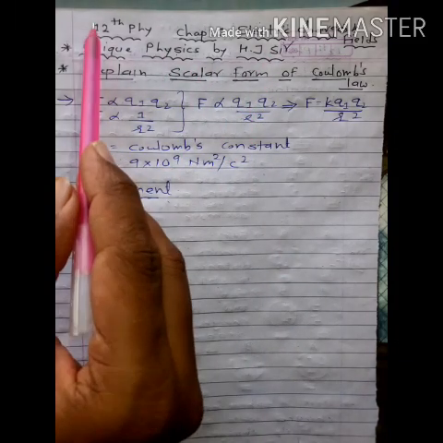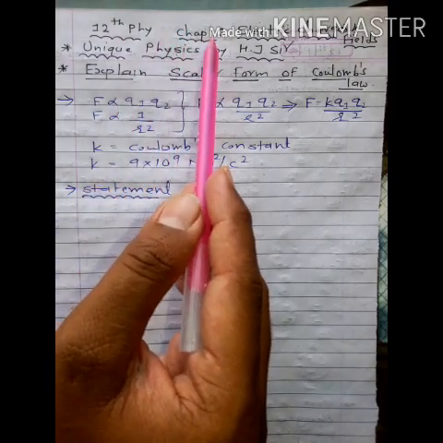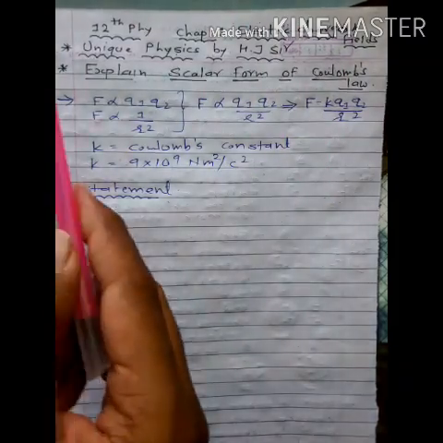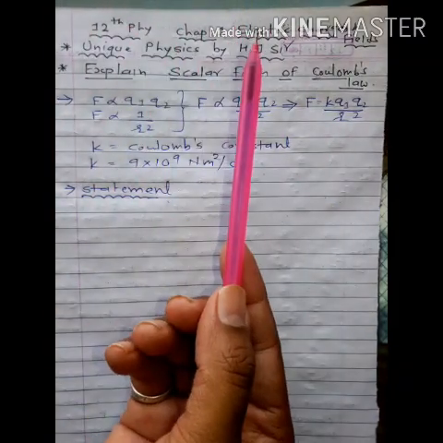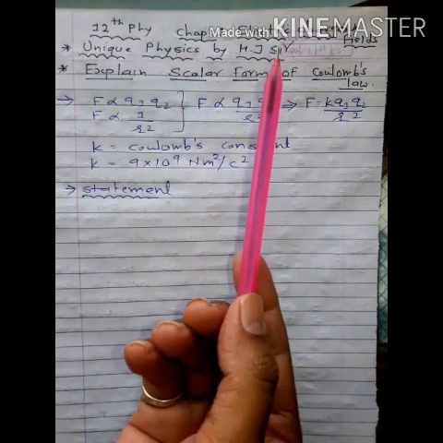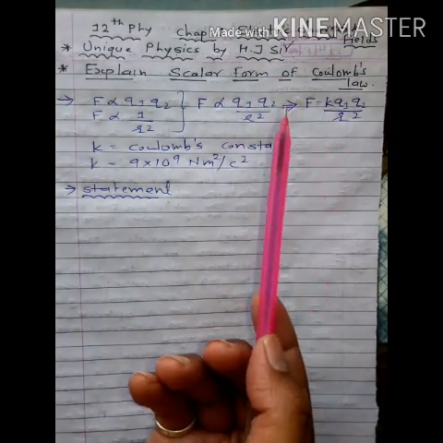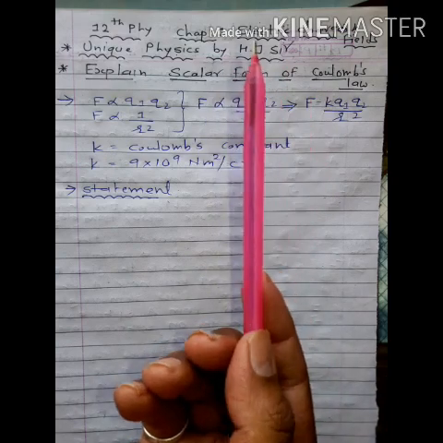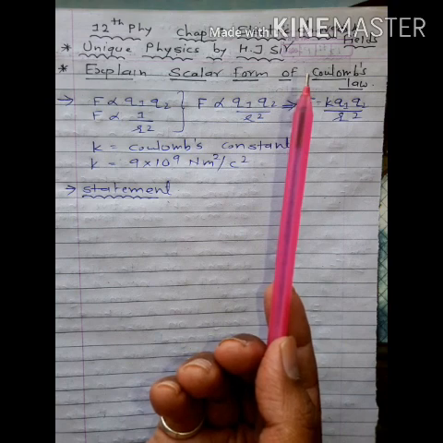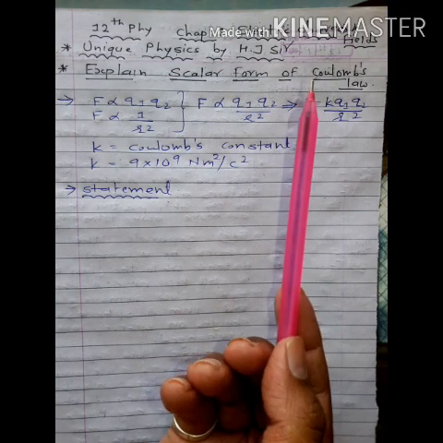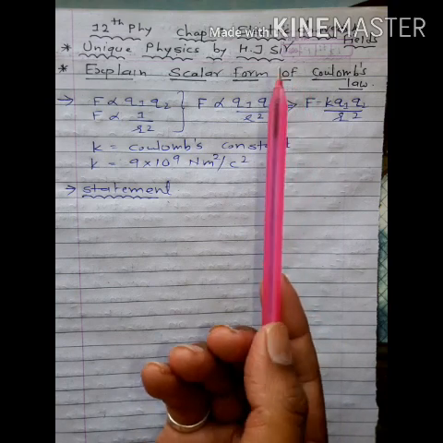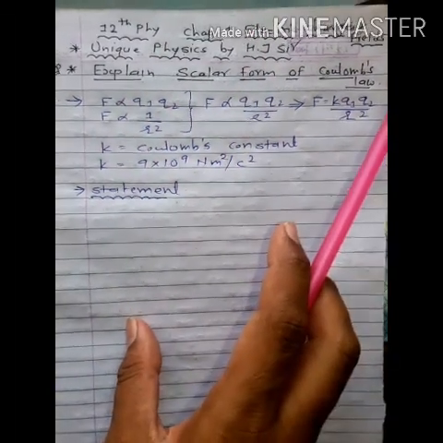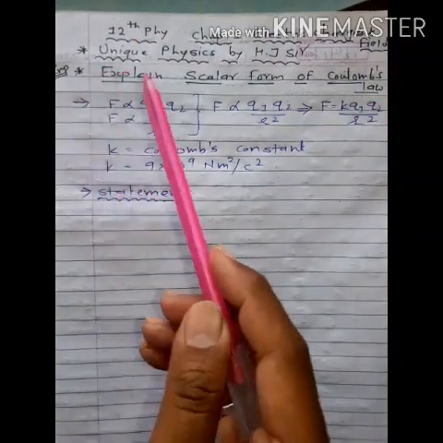Here we will discuss 12th Physics, Chapter number 1, Electric Charges and Field. Last time we explained electric charges, its basic property, method of induction, contact method, induction method. Clear? Now here we are going to explain the most important question of this chapter, most IMP question of this chapter.